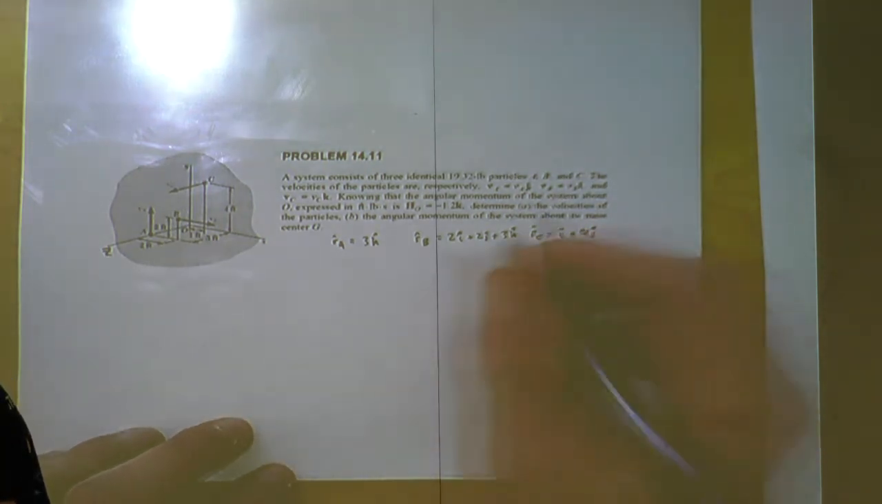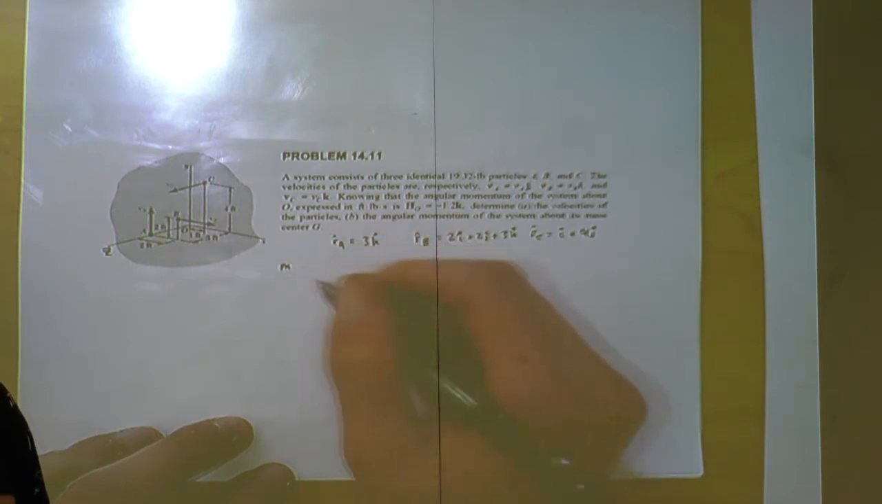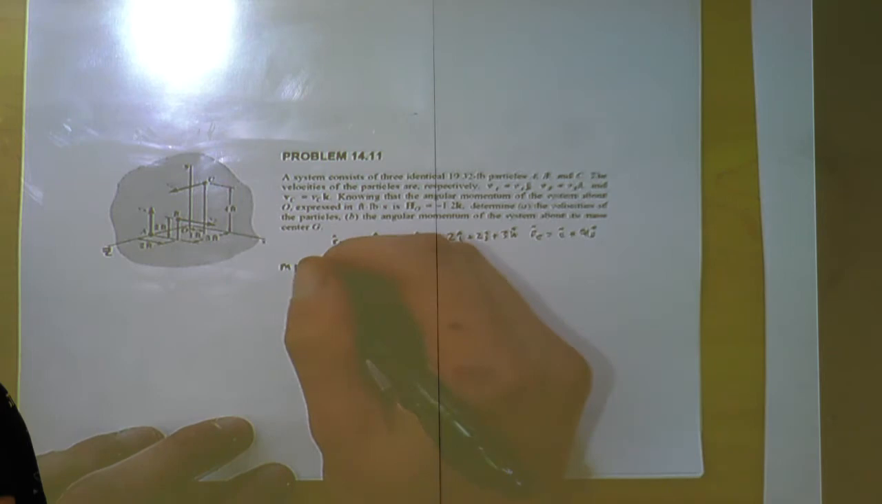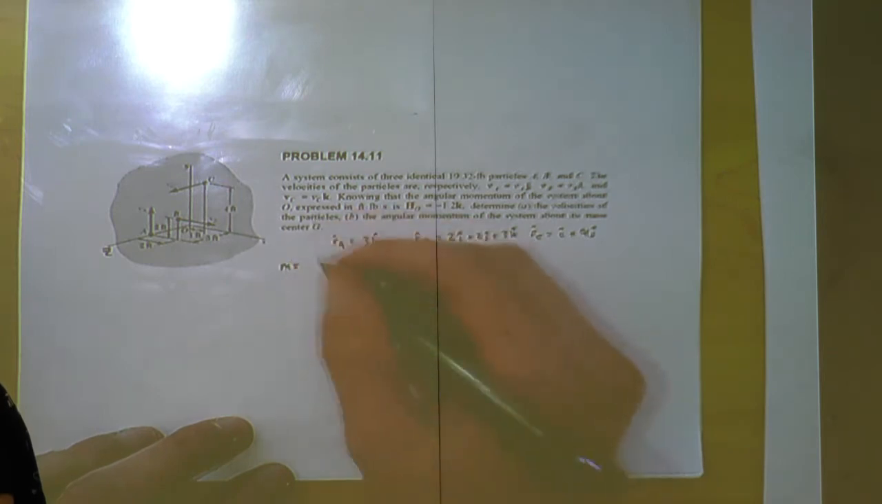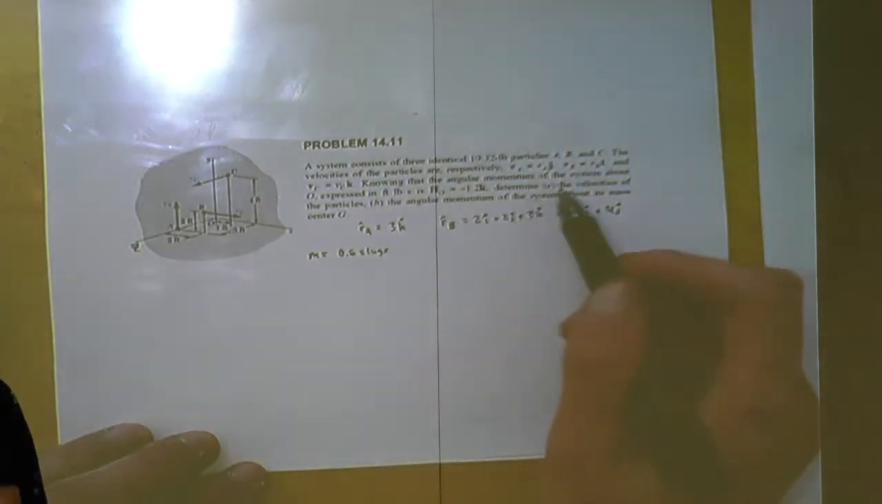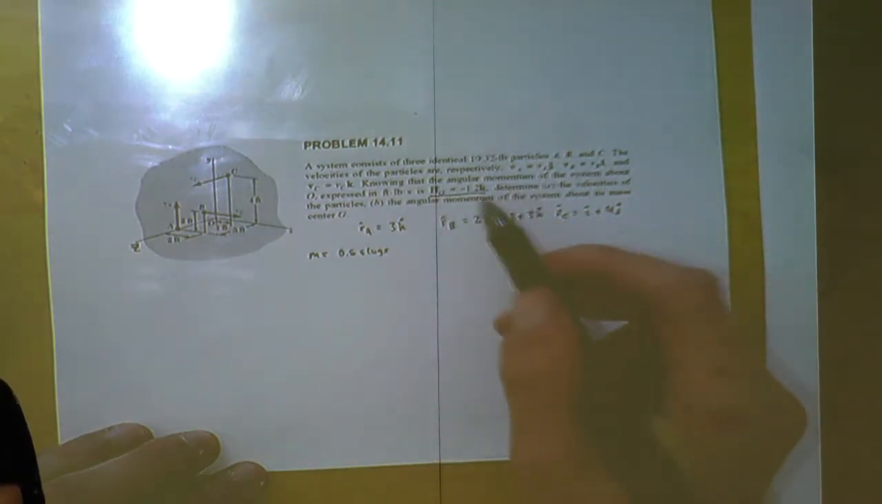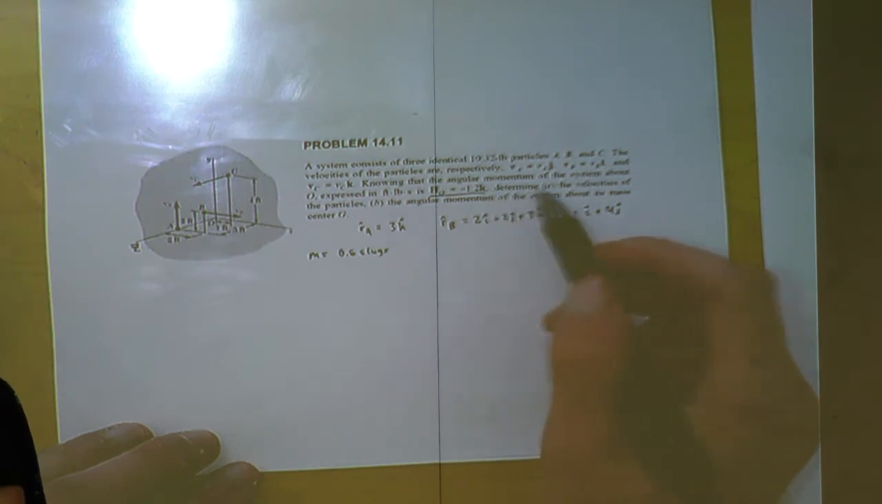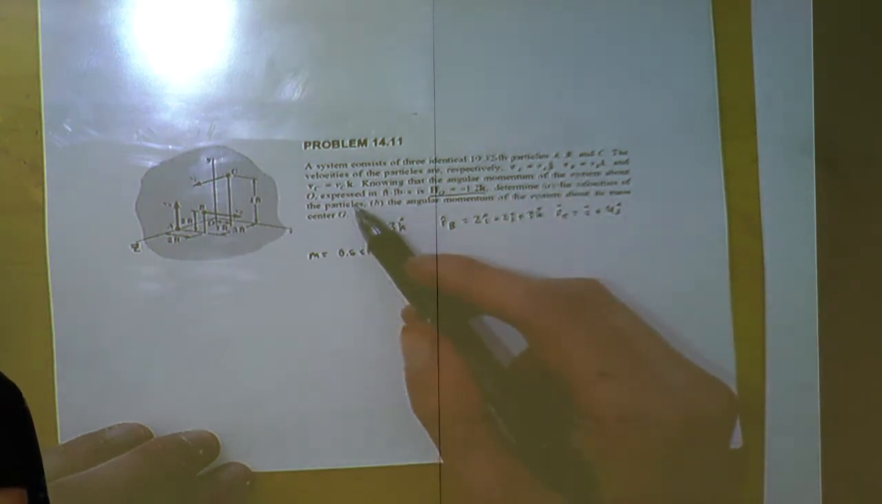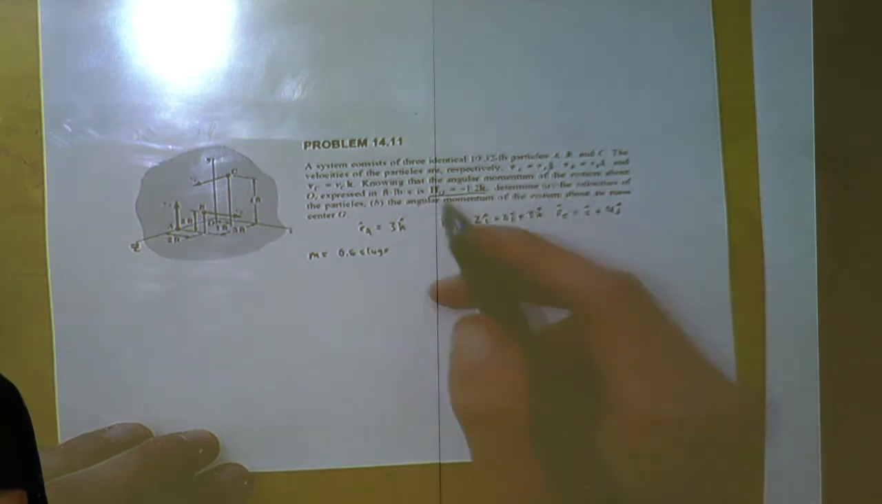So the masses of all of the particles are 19.32 pounds, which I'm just going to say m is equal to 0.6 slugs. And we're looking for, okay, so we have that the angular momentum is negative 1.2 in the k direction. We're looking for the velocities of all the particles, the angular momentum, and the angular momentum of the system about its mass center G. So for A,